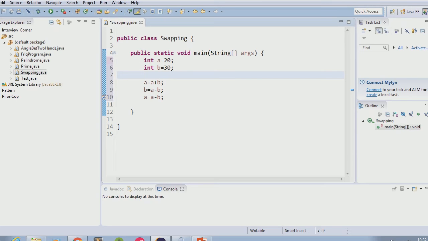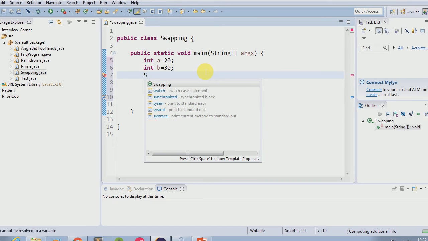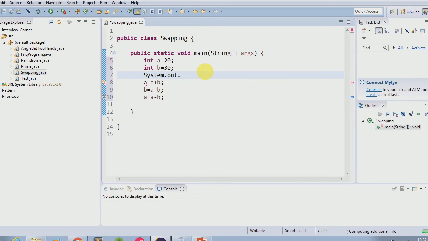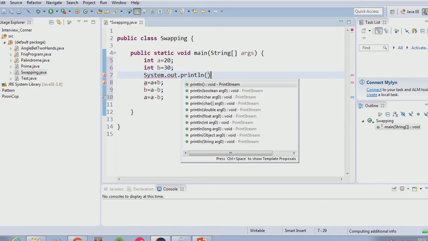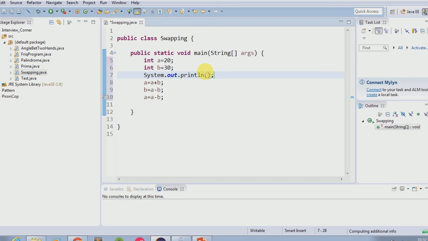So system dot out dot println, value of a is plus a plus value of b plus b, and this is swapping logic.